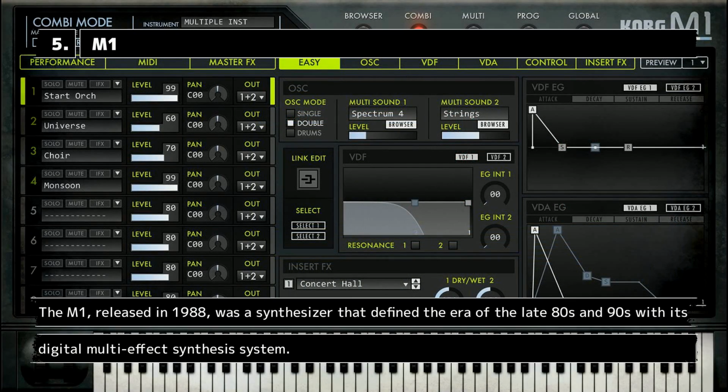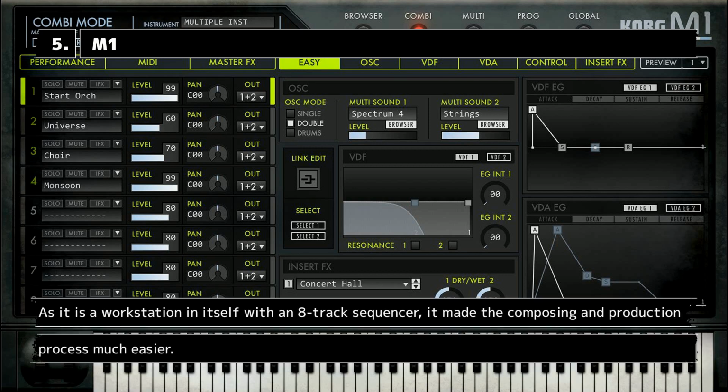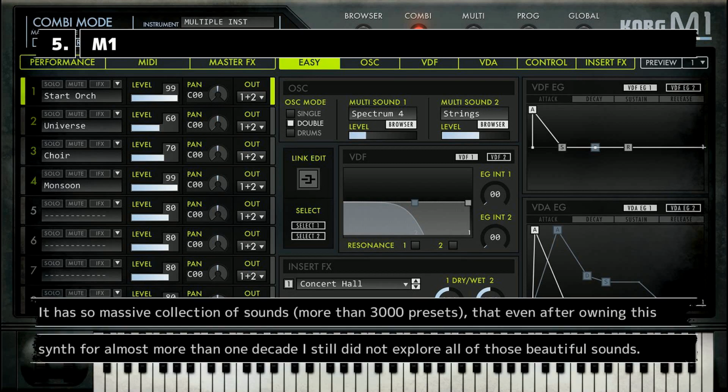The M1, released in 1988, was a synthesizer that defined the era of the late 80s and 90s with its digital multi-effect synthesis system. As it is a workstation in itself with an 8-track sequencer, it made the composing and production process much easier. It has such a massive collection of sounds, more than 3,000 presets,